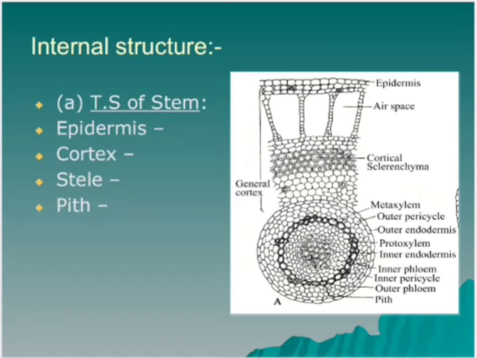Stele of stem is actinostelic type. It is bounded on both outer and inner sides by a single row of endodermis. It consists of a ring of single row of xylem vessel bounded on both sides by phloem cells. Pith. The centermost portion of the stem is occupied by a central pith. The pith is generally parenchymatous but becomes sclerotic in the species growing in dry or wet soils.